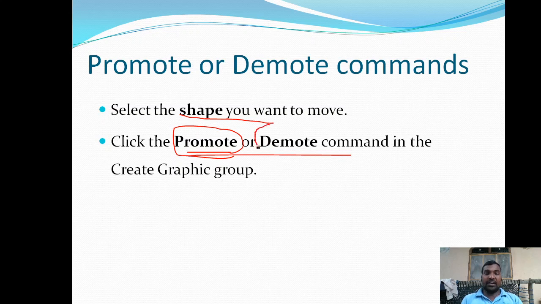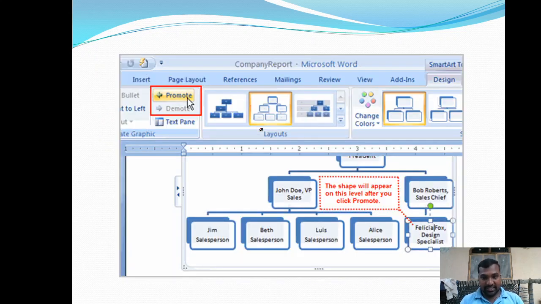If you perform the demote command, then that particular shape will be moved one level down with respect to the root. That can be illustrated here. For example, here I am performing the promote operation. For performing the promote operation, this promote command appears under the Design tab.